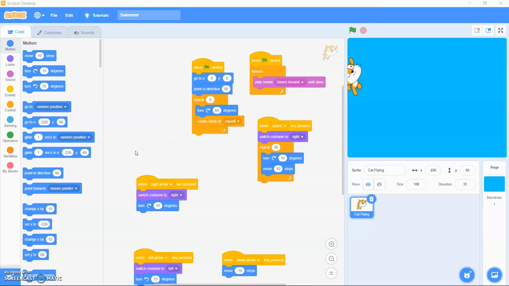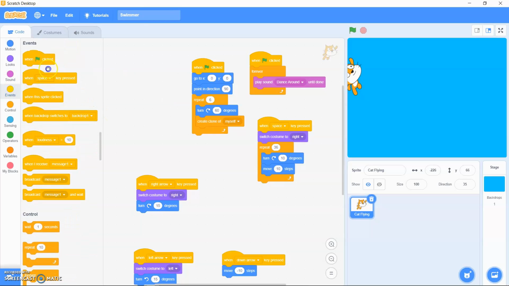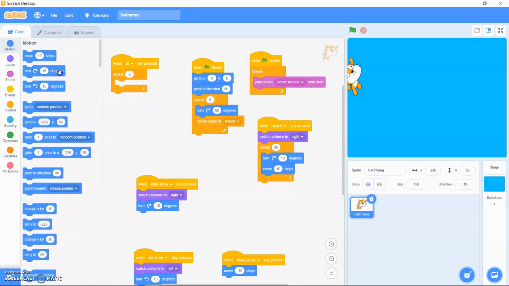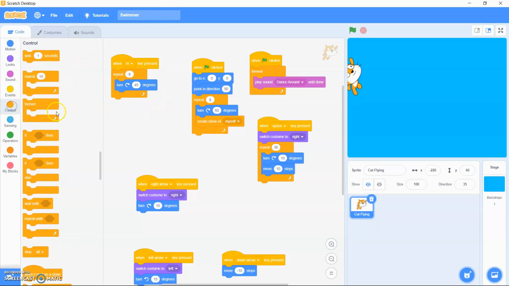Here's an example using M. Go to events, when space key pressed, change the space to M, go to control, drag out a repeat loop, change that number to 8, go to motion and drag out turn 15 degrees clockwise, change the 15 to 45 degrees, then go to control, drag out another repeat loop, change that number to 20,